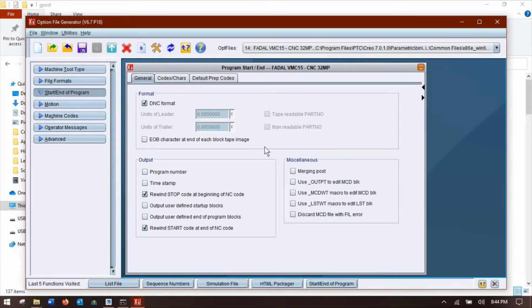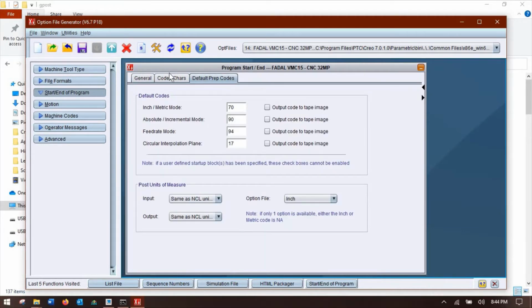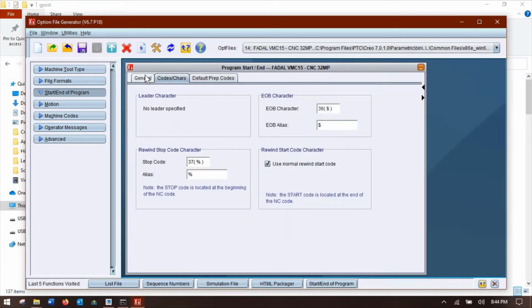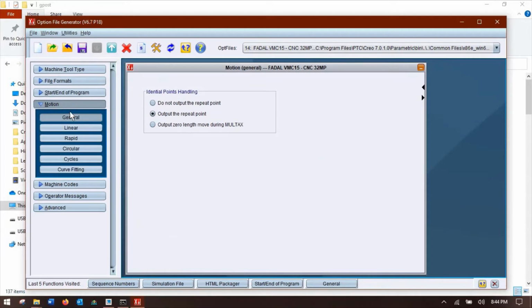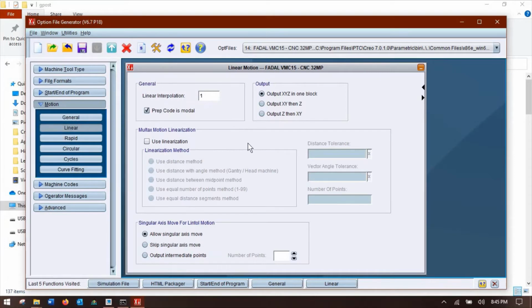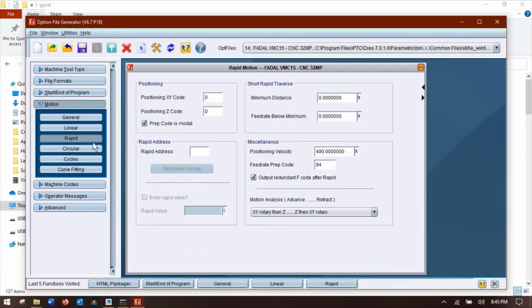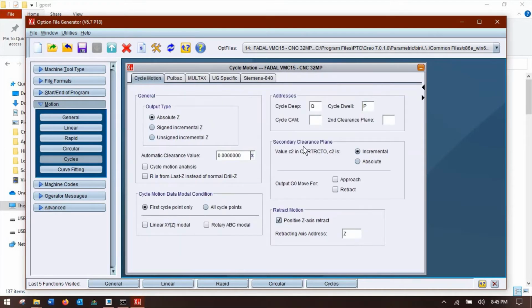Start end of program, this sets your preparatory blocks for all the things that happen at the beginning of the program, you know, where you set your G20, G90, etc. every time as your safeguards at the beginning of the program, and also your beginning end of program characters. For motion, this is going to tackle stuff that's mainly if your machine does something weird, like for example this Multax thing that they refer to, which I think is for the 4 and 5 axis motions. But you can customize how your machine moves in circles and also for all your different hole cycles,